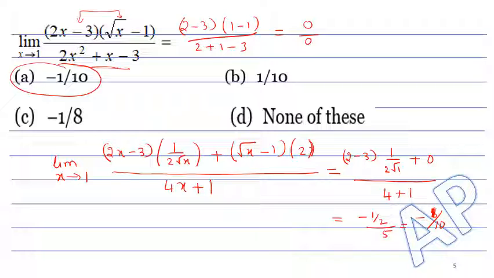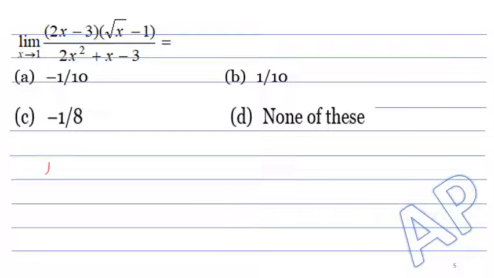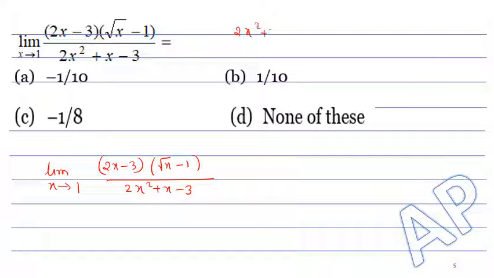Now let us see the alternate method also, which will be a little bit lengthier compared to the method I have explained now. Let me consider the same limit here: limit as x tends to 1 of (2x minus 3)(root x minus 1) divided by 2x square plus x minus 3. Now let me factorize this 2x square plus x minus 3, which is equal to 2x square